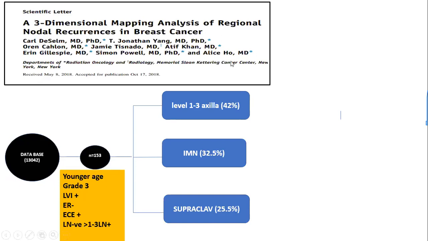We hardly see, after doing an axillary dissection and giving chemotherapy, a failure in the axilla is extremely low in our experience, as far as the Indian scenario goes. I don't know whether in the West there is so much axillary failure. Anyway, that was a very nice presentation, Indira.